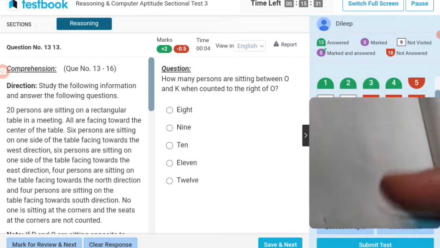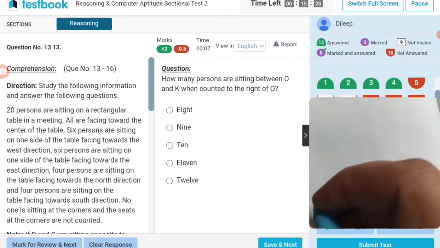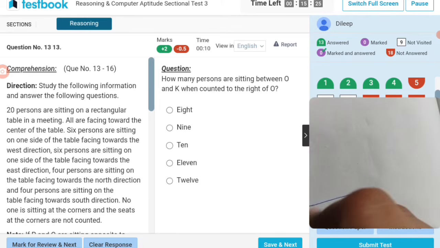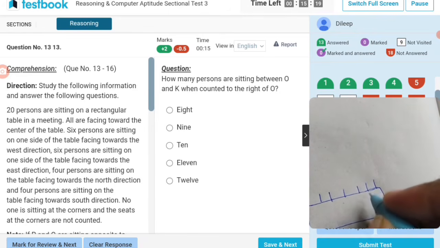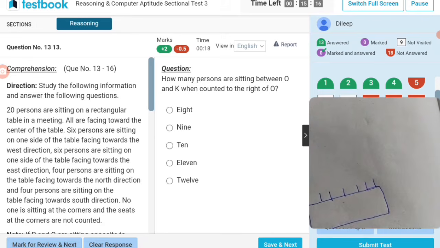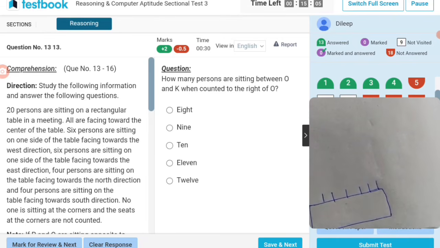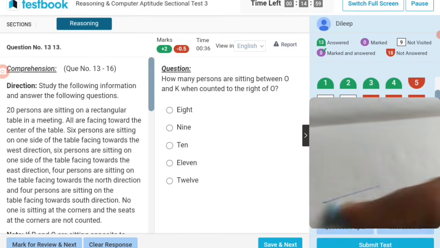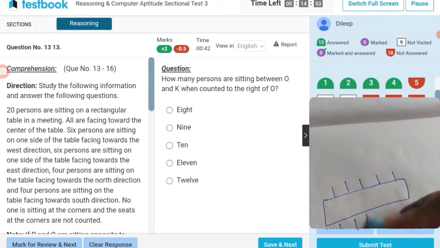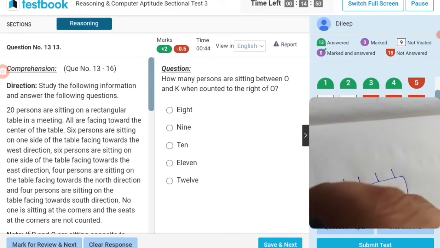So 20 persons in a rectangular table, all face towards the center. One of these sides, 1, 2, 3, 4, 5, 6, facing towards west. So I think 5, 1, 2, 3, 4, 5. West means